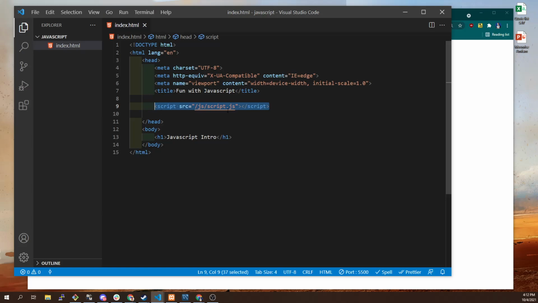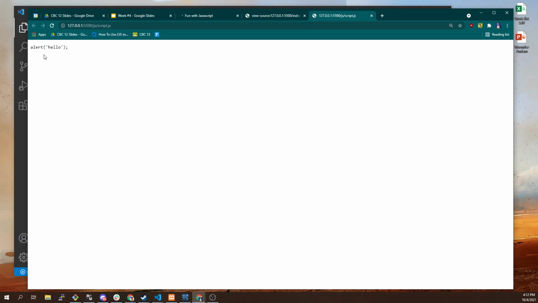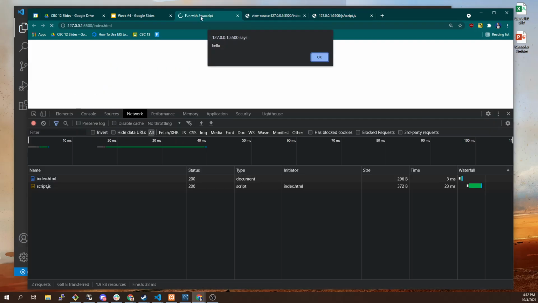External JavaScript. If we wanted to make this work, let's say I'm going to make a folder here called JS. I'm going to create a file, script.js. And just in here, I'm going to put alert hello. So when I load this page, that's the code that is loaded. And when you view the actual page, it pops up an alert box,